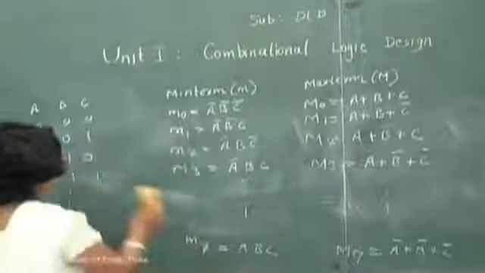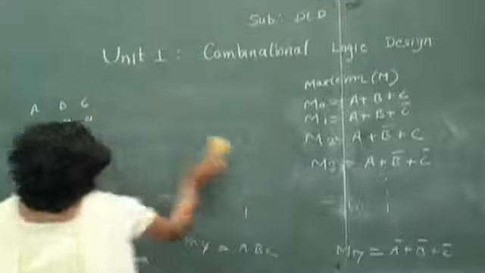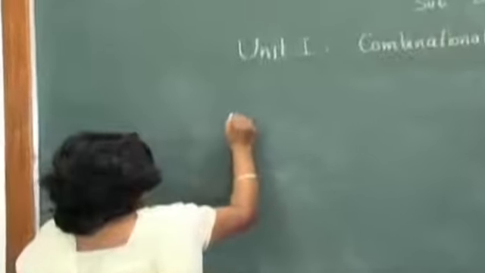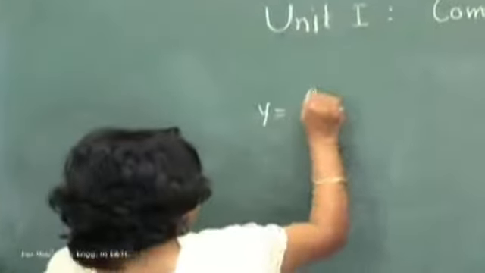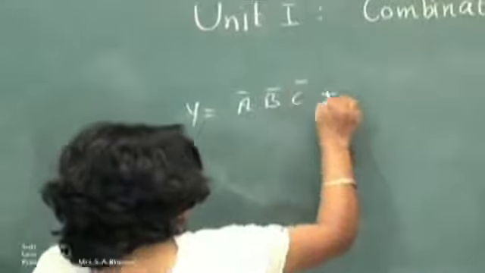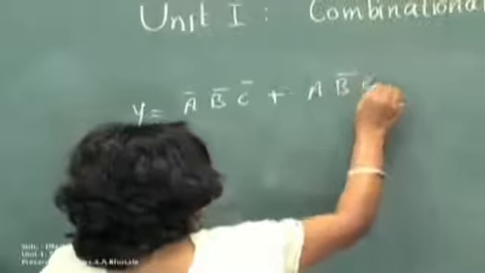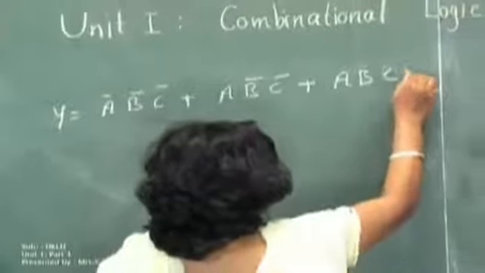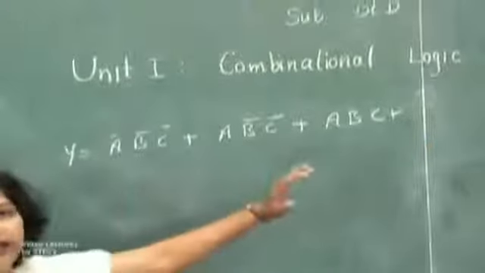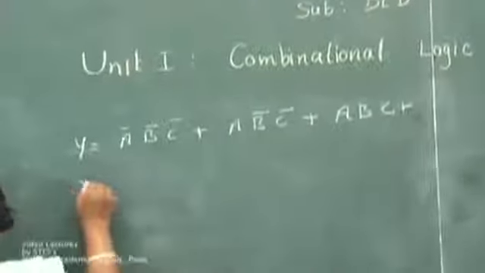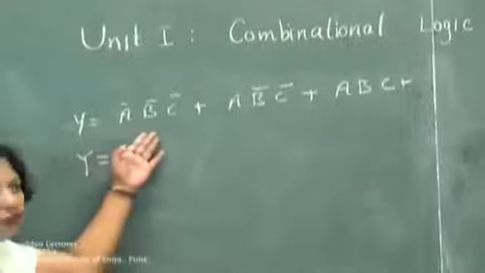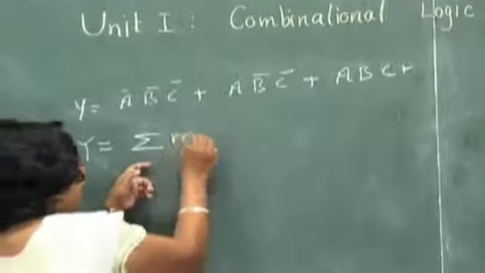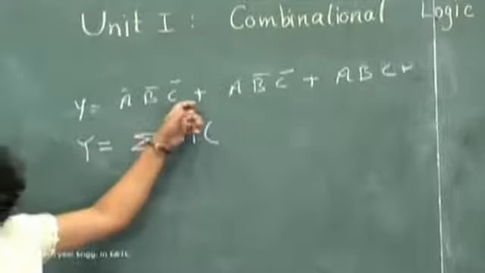Example for both the equations, and then you'll understand why we are going for the min terms and the max terms. So for the standard SOP form, Y is equal to A bar B bar C bar plus A B bar C bar plus A B C and so on. Instead of writing such a long equation, what could be written? Y is equal to, this is a standard SOP form, so it will be represented as summation m. A bar B bar C bar is m0.